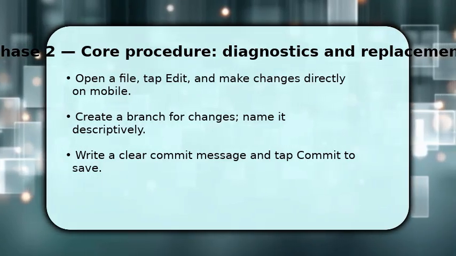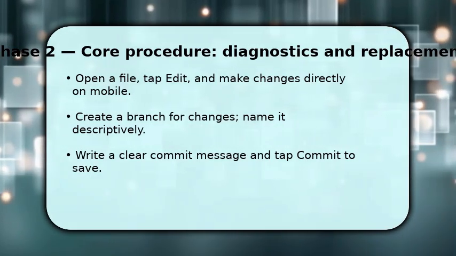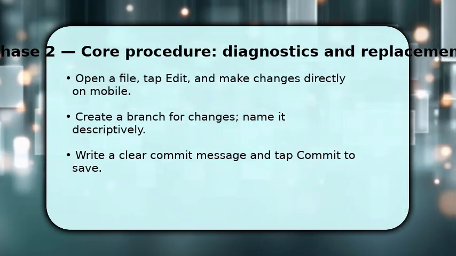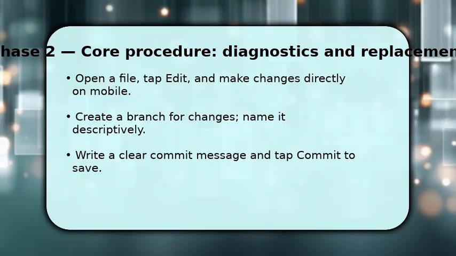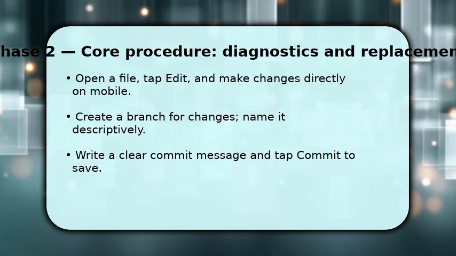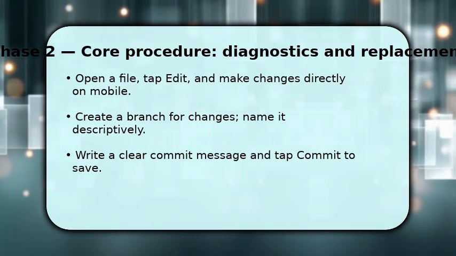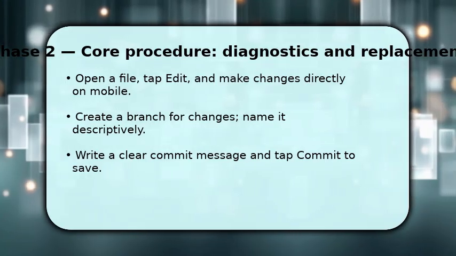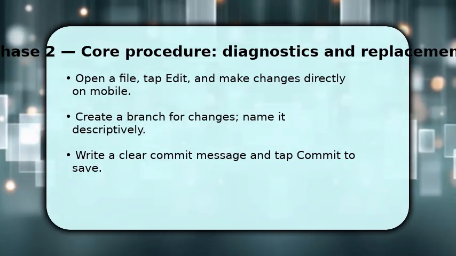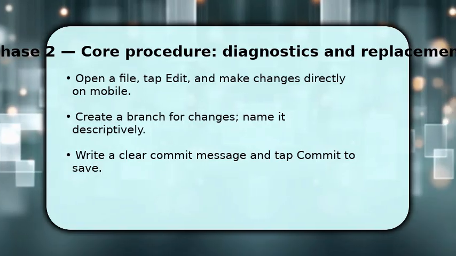This isolates your work and prevents accidental changes to main. Name the branch clearly so reviewers understand the purpose. Then write a concise commit message explaining what you changed and why. Good messages speed reviews. Finally, tap Commit or Commit to this branch so your snapshot is stored remotely and ready